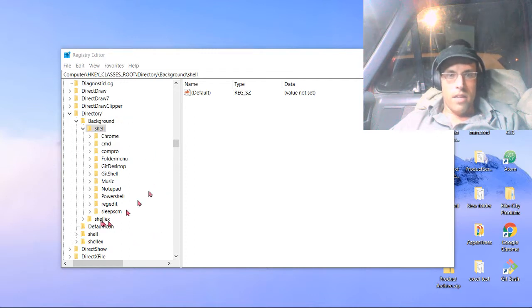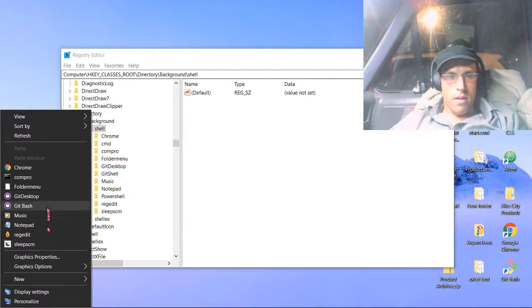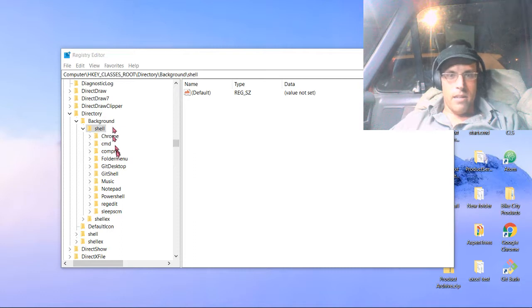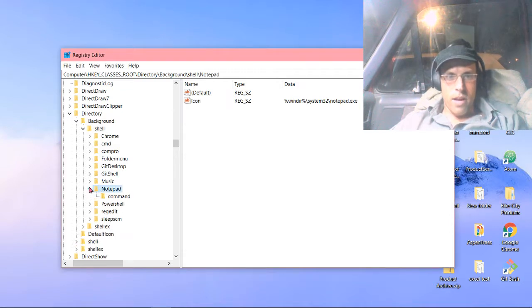This is all data processing center here. So anything that you put inside the background has to be an app. It has to be executable. It has to be a CMD or a BAT file, or it's not going to work. I could try to put a folder in there, and it'll show me a message there. I think I tried to put Notepad in here, and I thought I had the directory right, but I'm just going to delete this